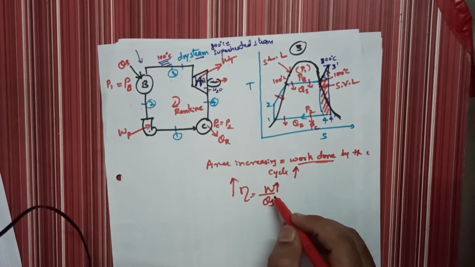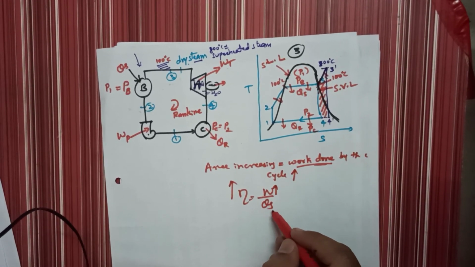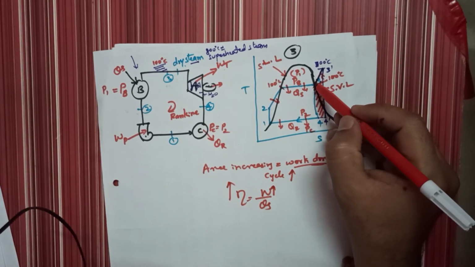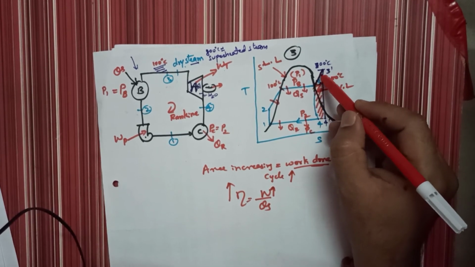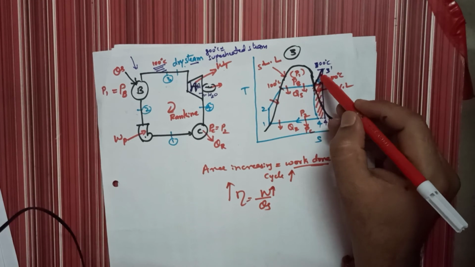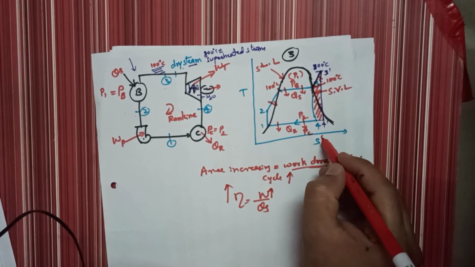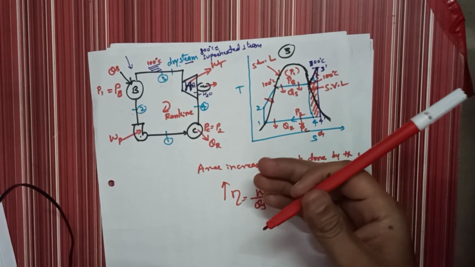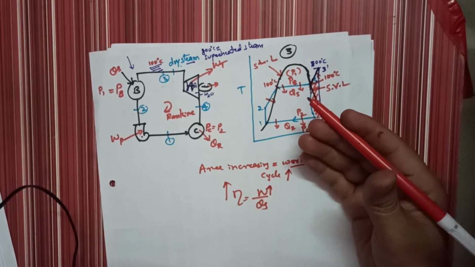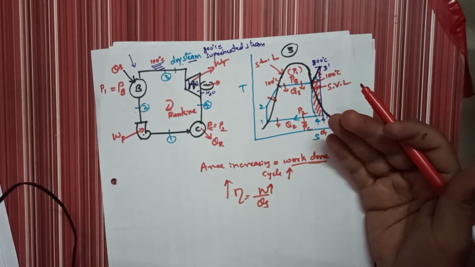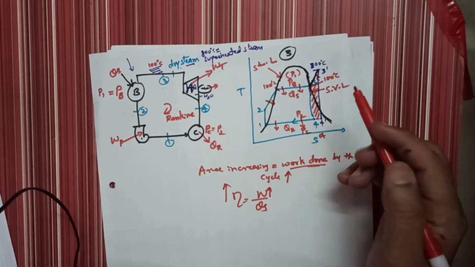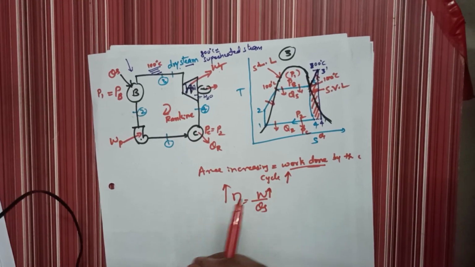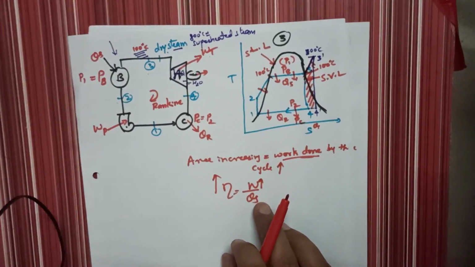Okay, and some students have it in mind that heat supplied is also increasing, and heat supplied increasing means efficiency decreases. And dear students, heat is supplied after 100 degrees Celsius, not before that. Here sensible heat is supplied. Only a small amount of heat is supplied, but we are getting a larger amount of work done. Understood? For example, we supply 10 joule of energy, the work done is 80 joule of energy. So output is more compared to input. The small amount of extra heat you have supplied and we are getting a larger amount of work done. So that is the reason heat supplied is less, it is not more.